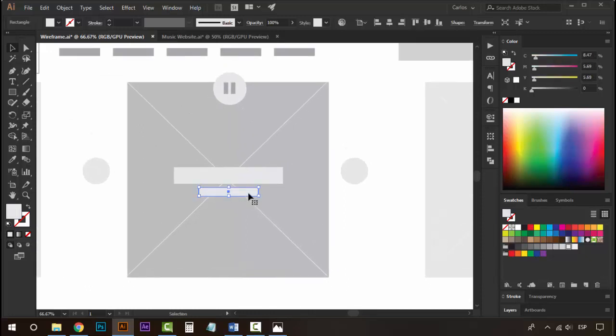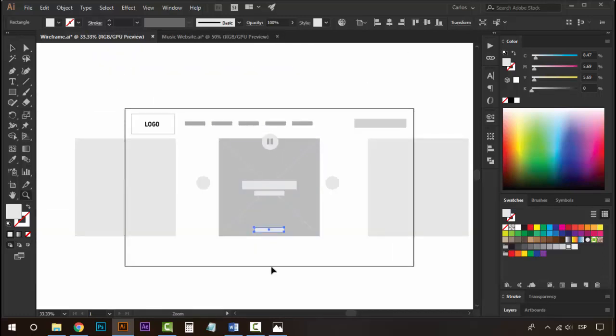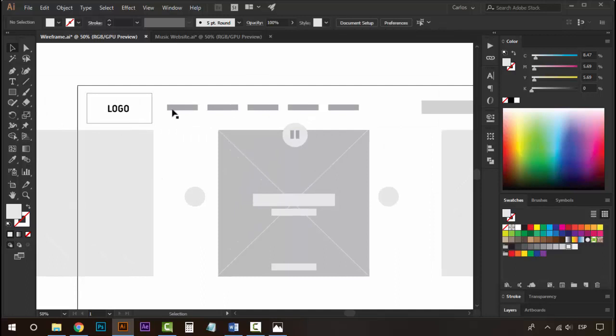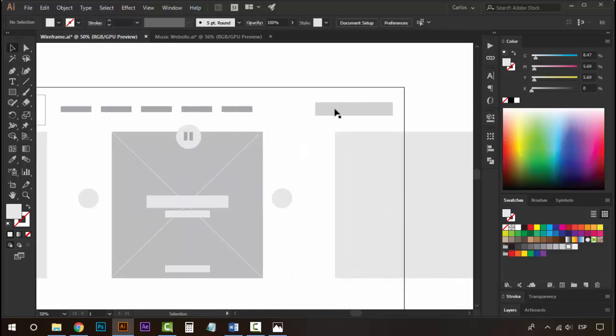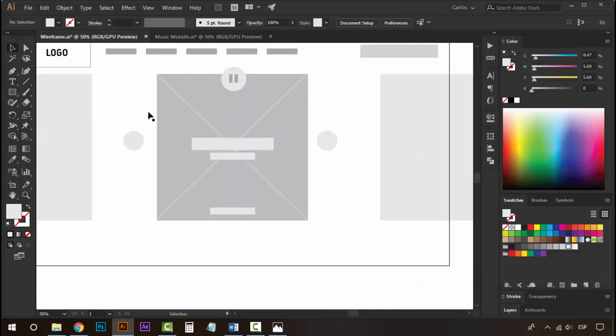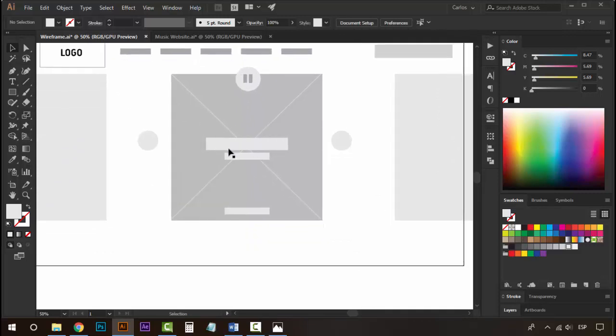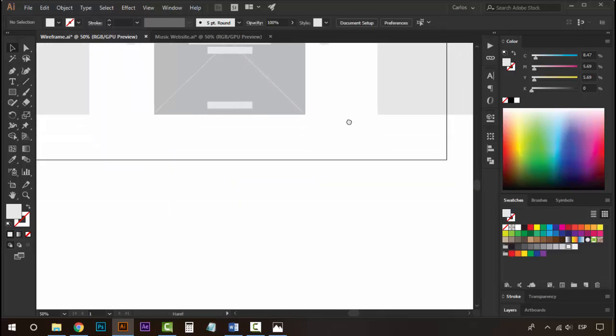And I should have a link for the artist profile where I can click here and it sends me to the artist profile, which is a full image website. So we have the logo, we have the navigation bar, we have the search bar, we have the albums with the song playing, we have the artist name, we have the genre, we have the button to go to the artist profile, the previous and next buttons, and